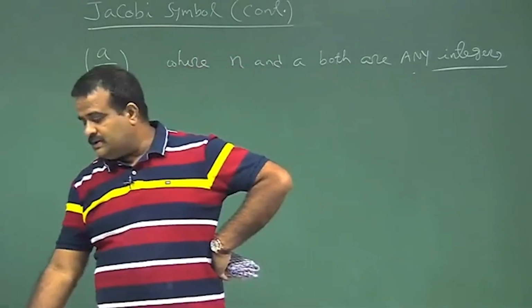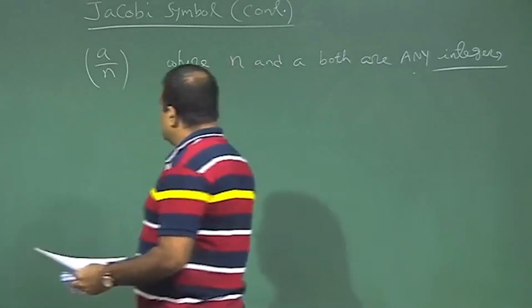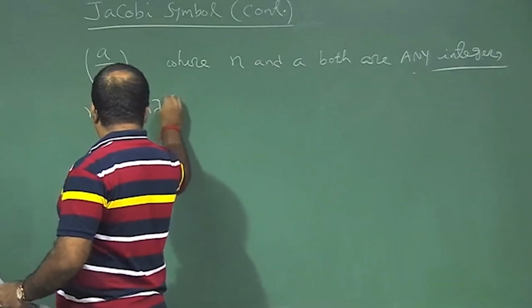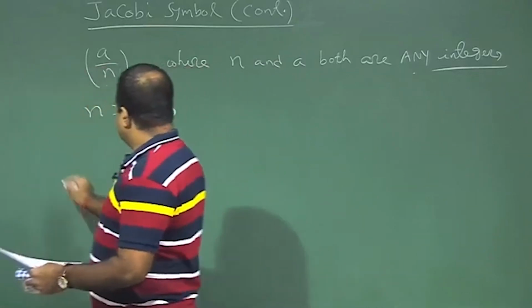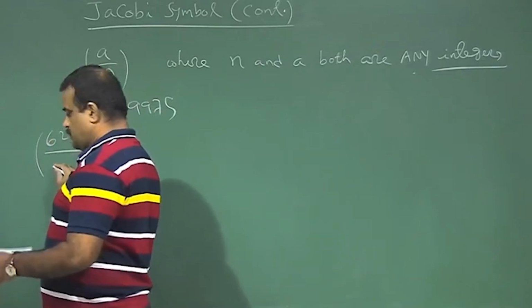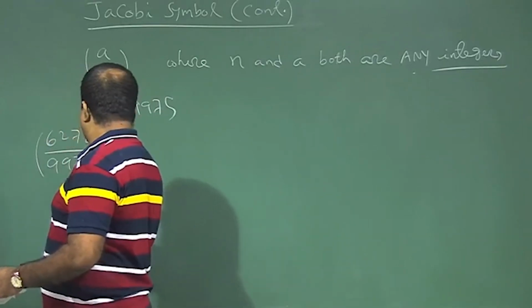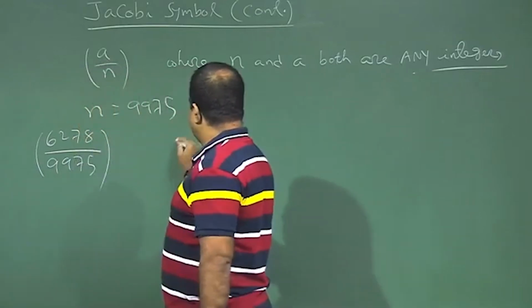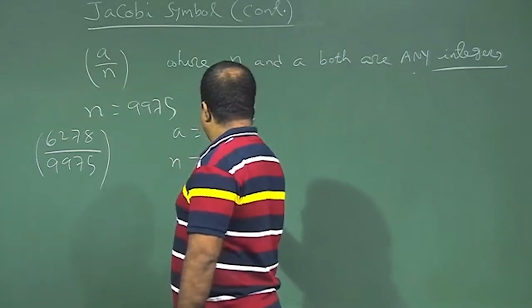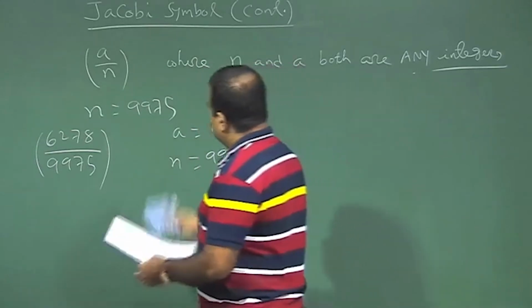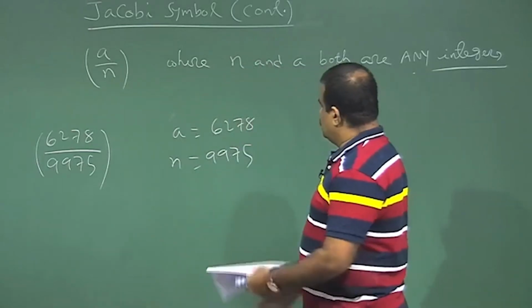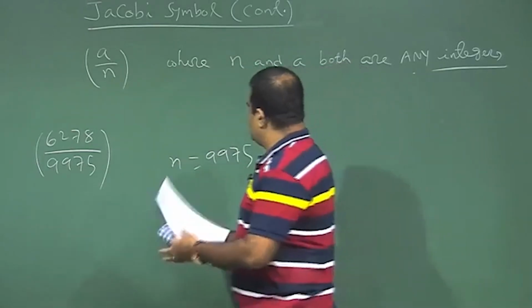Before that let us try to calculate some Jacobi symbols. Suppose n is say 9975, and suppose you want to calculate 6278 by 9975. So that means here a is 6278 and n is 9975. So we know that we have to convert this, n should be